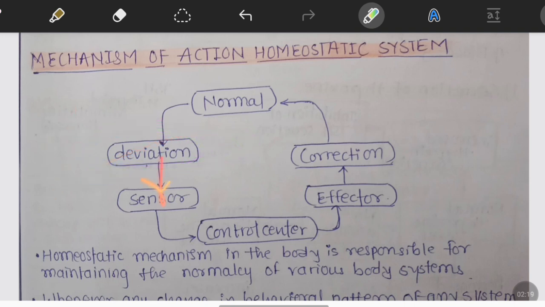So the sensors detect it. Then the sensors send it to the control center like the brain, spinal cord or hypothalamus. Then it sends it to the effector. Then the effector may inhibit or accelerate the action, and correction will occur, and finally the normal condition is